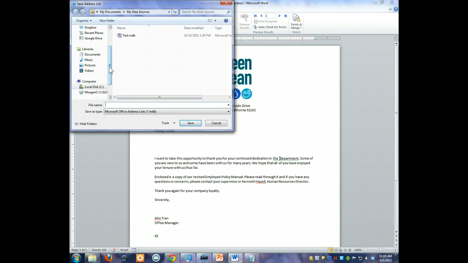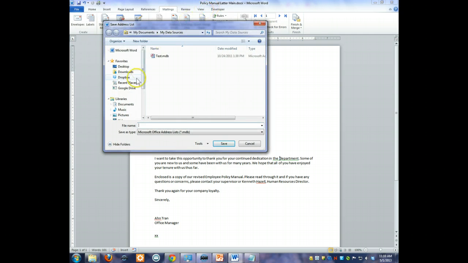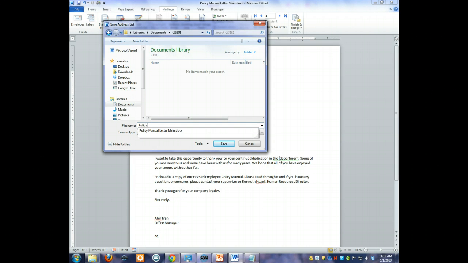This is not where I want to save this. I want to save it where I've also saved my policy letter. In this case, I've saved my policy letter under My Documents and CIS 101. I'm going to give this a name of Policy Letter Data